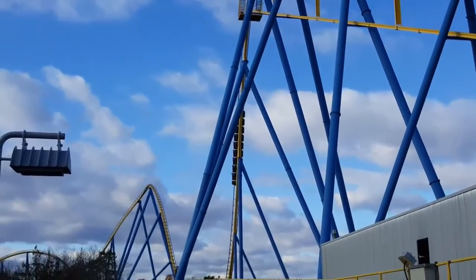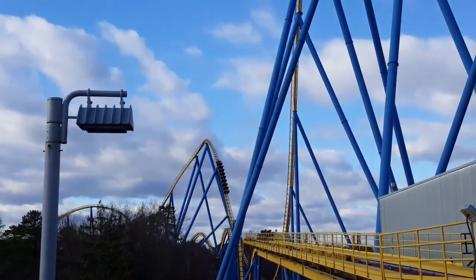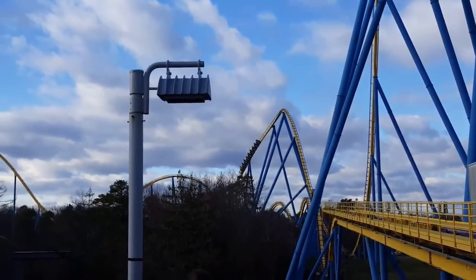So that's my list of the top 10 B&M coasters I've ridden, and let me know what